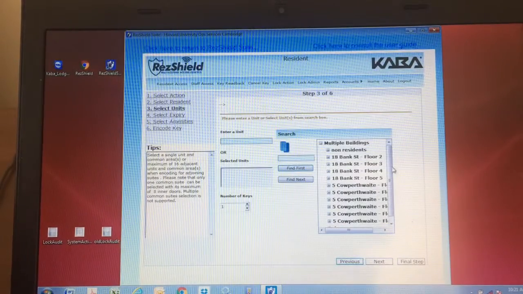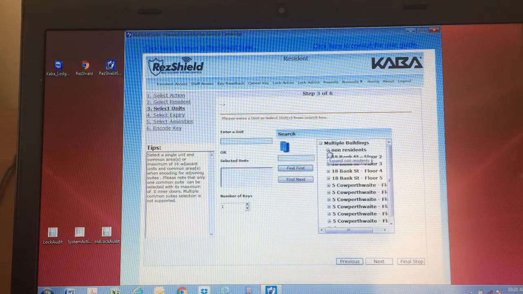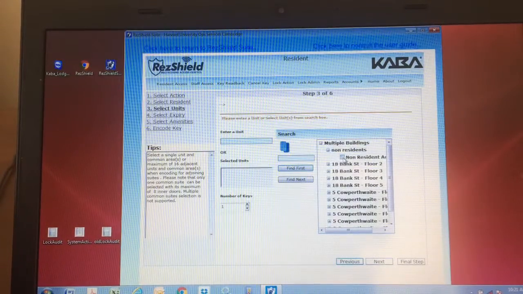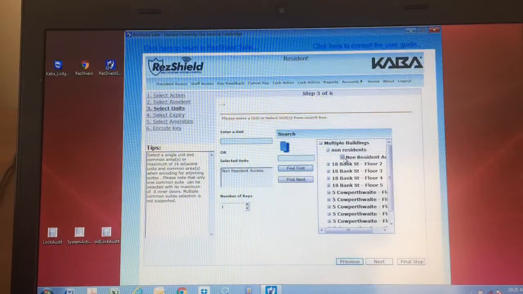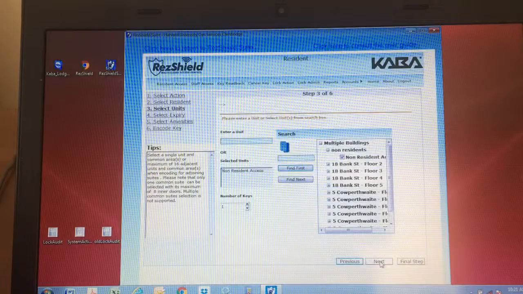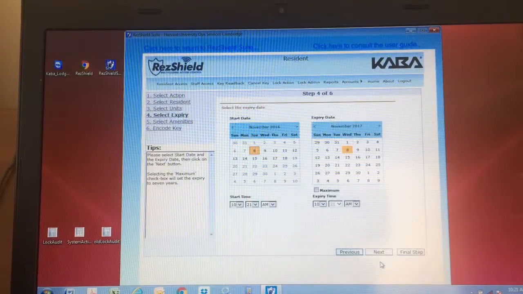Now, the way I think we'll administer that for you is we're going to have what we're going to call non-resident units in here, which is basically fictitious units within your database. So there will not actually be a door tagged as non-resident, but it's kind of a starting point for making the credential, because once we select that access point and we continue through the encoding process, the next step is